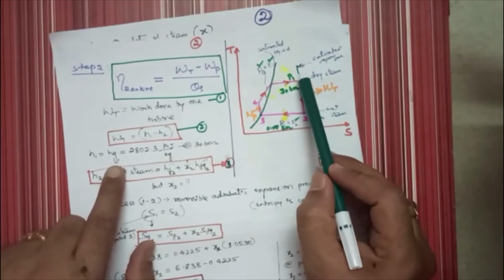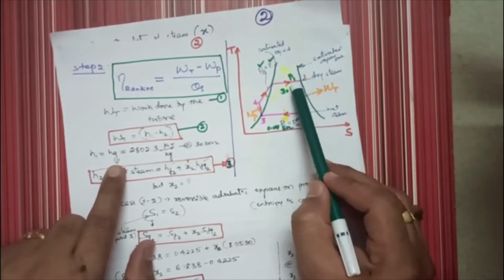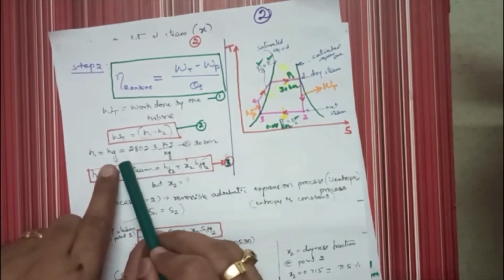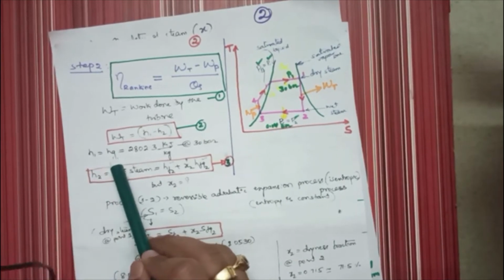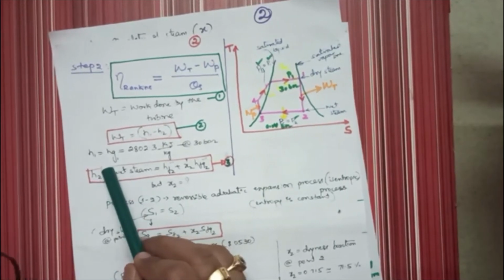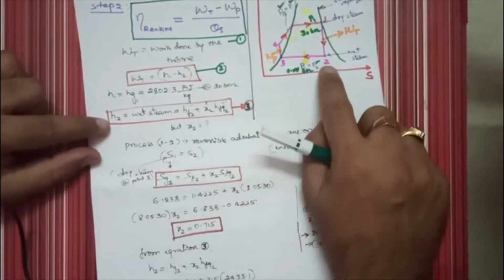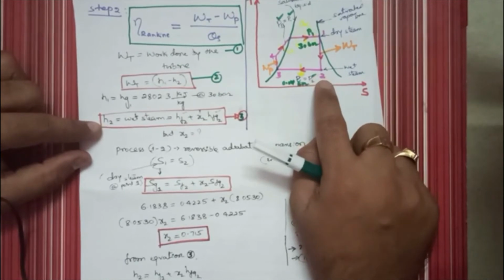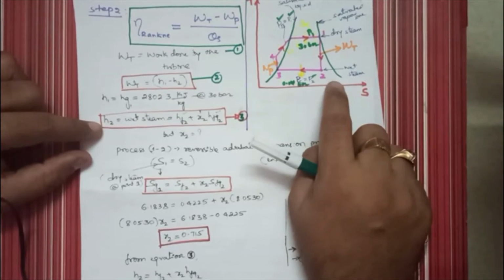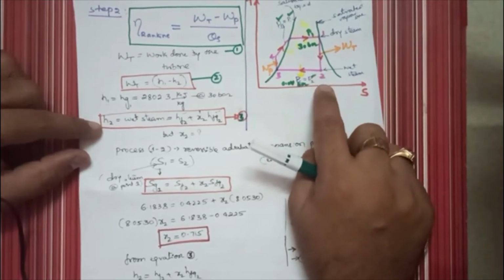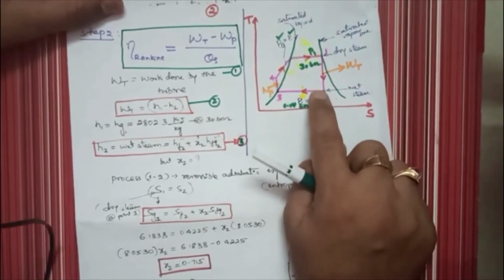because point number 1 is on the vapor line. So it is purely gas or steam, so I will directly take Hg. If it were a mixture of both, I could have taken HFG. If it is water, I will take only HF. Similarly for H2, coming back to point 2, as I told you, point number 2 is not on the vapor line or the liquid line, it is a mixture of both. So HFG, but I don't know the enthalpy at point number 2.